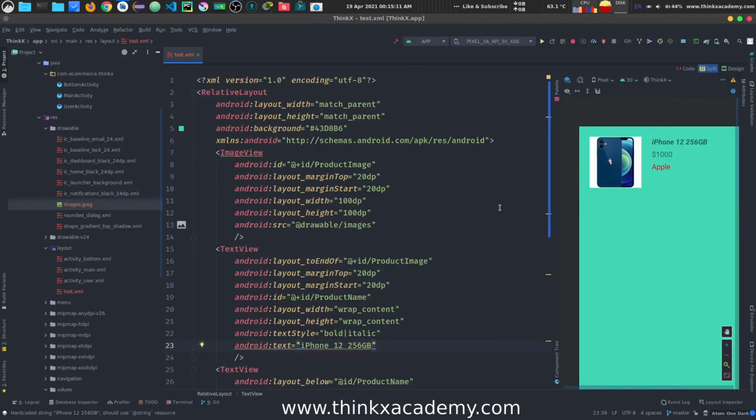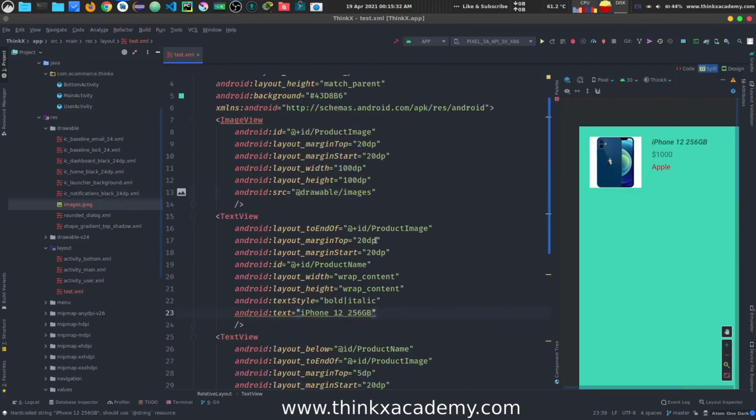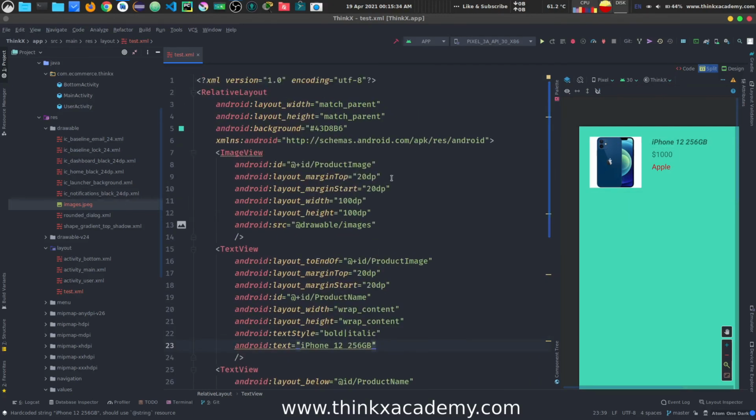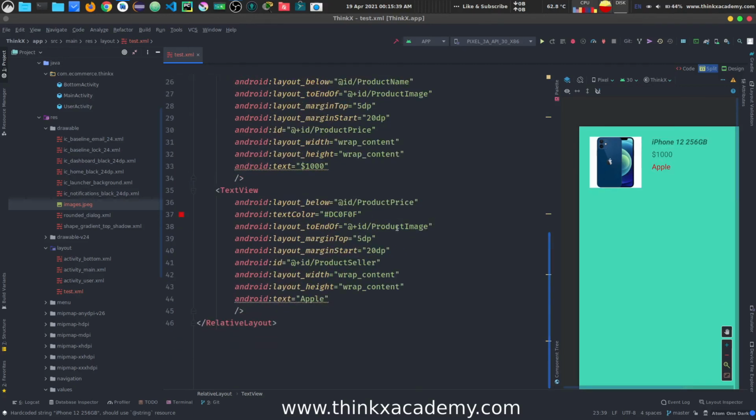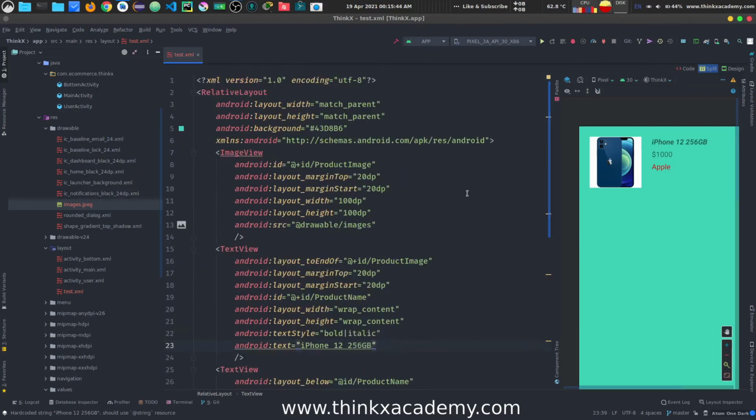We are going to use this whole knowledge in further tutorials when we will be displaying all these items. We will store their details and the image URL inside of Firebase cloud storage, which is the Firestore, and we will fetch the details from that and we will display them here, right? So it was necessary for me to tell you the basics so that you will be able to practice around this. So what you can do is you can actually use these tags and you can play around with this by setting some margins and some other stuff, and that way you will be able to grab more concepts, right?